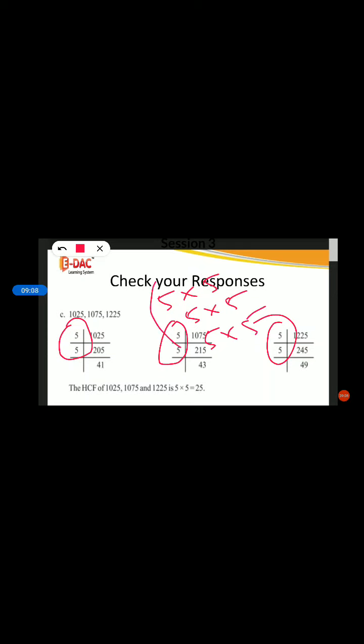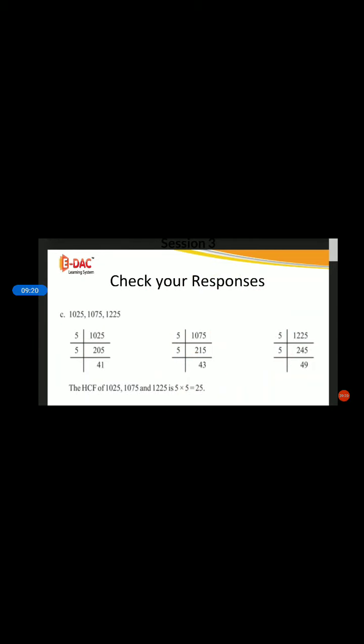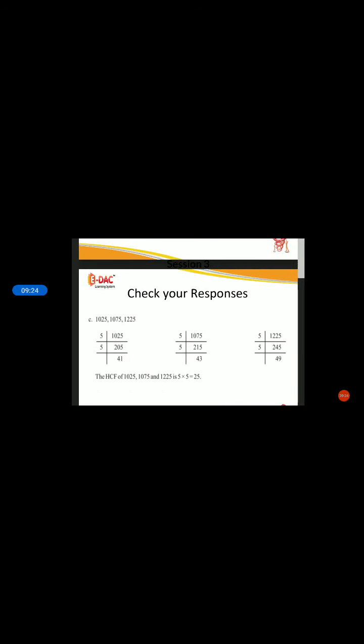So we have 3 common factors, 2 common factors, that is for 5 into 5. You need to write only one 5 for all of these. If you group all this, only one 5. So 5 into 5 is 25. So the highest common factor for these 3 is 25. Understood students? This is how you need to find the prime factorization for these 3 numbers. So the highest common factor is 25.